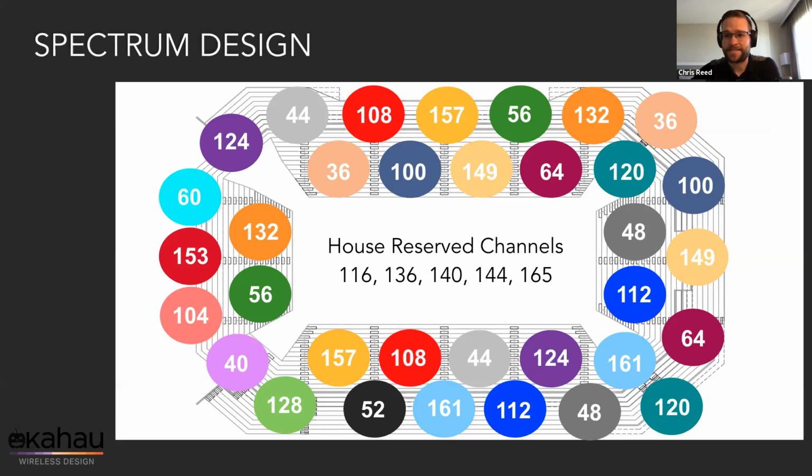I set it static, and then we'll typically try to get early into the install, throw a bunch of APs into the coverage area and let them run on DFS channels. Get a better understanding of DFS events and possibly parse DFS channels out of the plan. That way, when I'm doing the final channel plan, I'm not putting in DFS channels that I'm not going to be able to use.